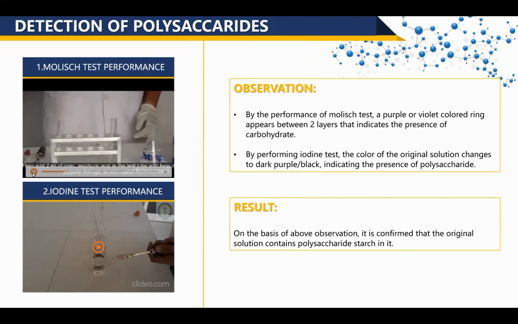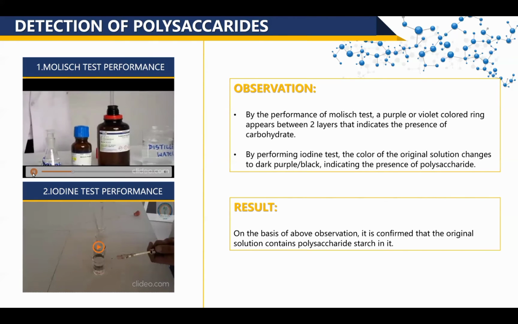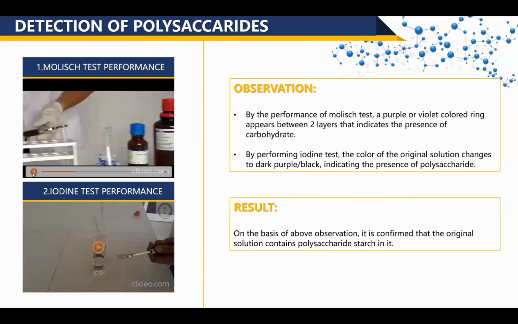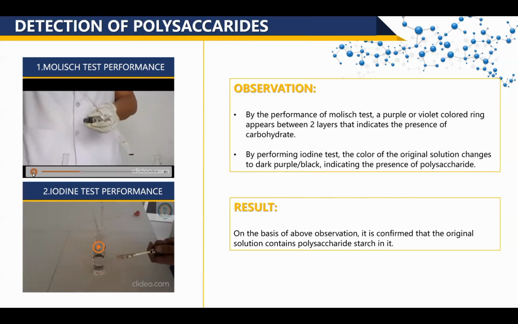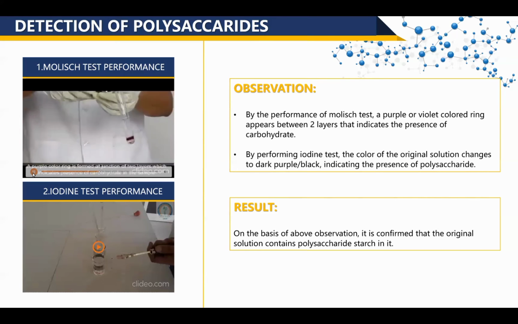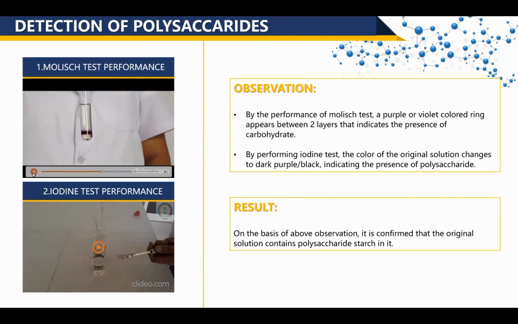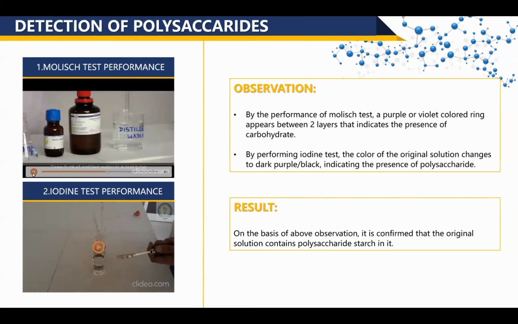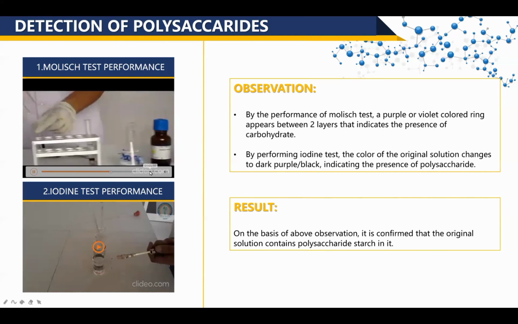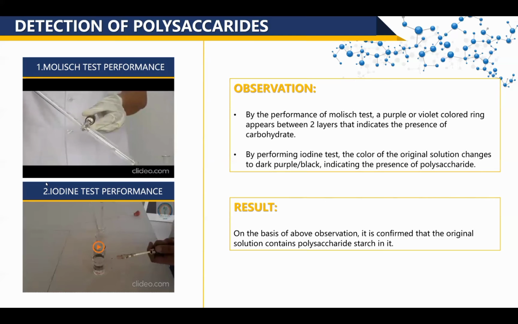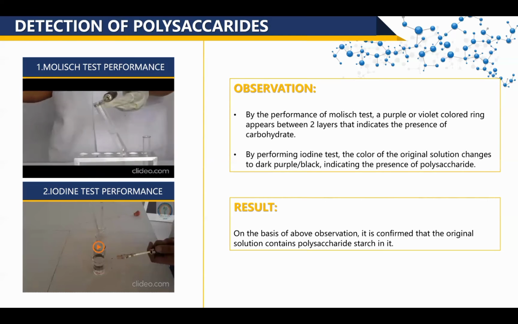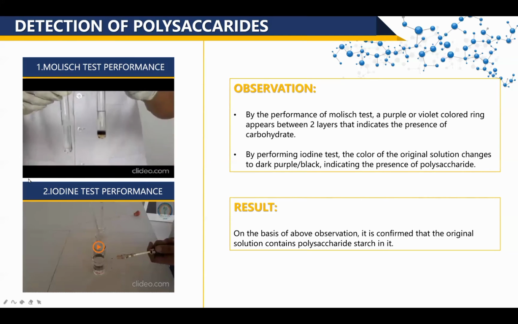First we are going to perform in one test tube. We took 2 ml of sample and add few drops of ethanolic alpha naphthol and concentrated H2SO4 which is poured along the walls of the test tube. As you can see, the violet colored ring appears at the junction of two layers, which means that this test is positive for carbohydrate. As for the second test tube, we performed with the same method, and as you can see in the video as well that there is no change, it means that it is negative for carbohydrate.